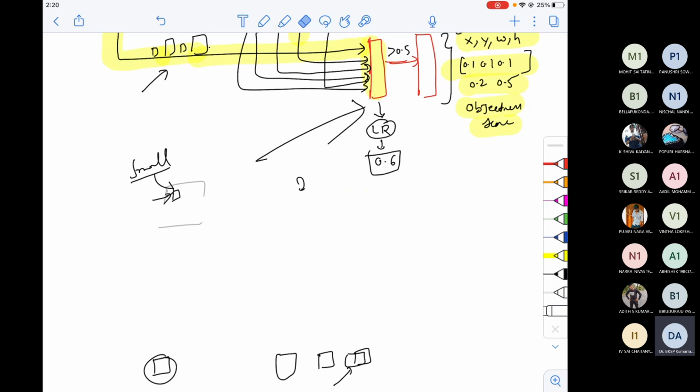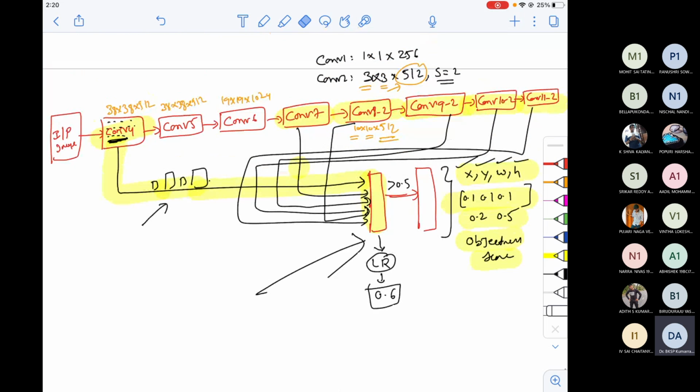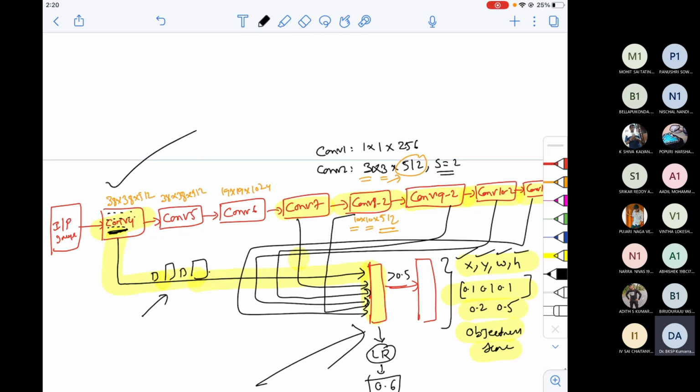How many boxes may I get at the end of convolution 11-2? Because I'll keep on drawing some boxes in conv4 at every pixel, in conv5 I'll keep on drawing some boxes, conv6, conv7, conv 8, 9, 10, 11.